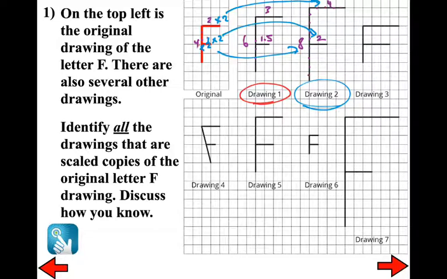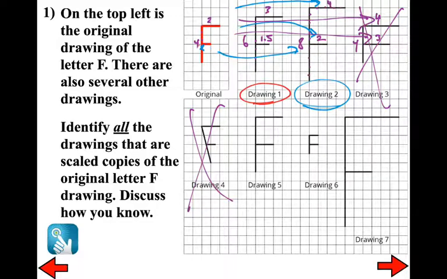So now let's go through and try some of these other ones here. You should be able to just look at drawing 3 to see that it clearly is not. But even if we didn't notice that, this is 4, this is 3, this is 4. This one is not because 2 times 2 is 4, but 1 times 3 is 3. So that one is not. All right. Drawing 4, it should be obvious to you because it's sort of slanted. Now let's take a look at drawing 5. Drawing 5 looks like it might be, but